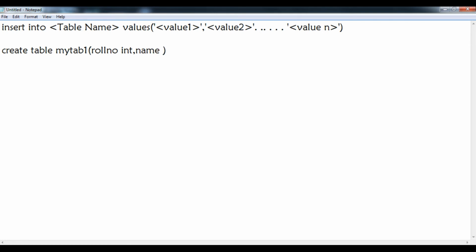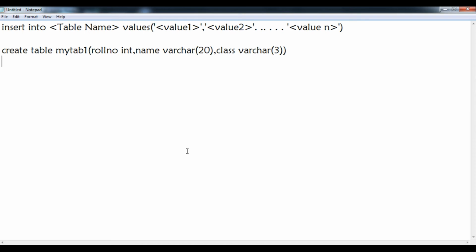Then after that, name, that is varchar, or 20 characters it can accept. Then class, the highest class is 3 characters only, that's why I have used 3 here. And then after that, it will create your table.